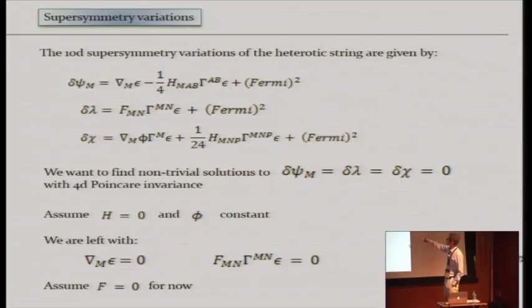And then if we look at all these equations, we already said Fermi fields vanish, H is 0, phi is constant, so this is all satisfied. Over here, we get delta lambda equals F_mn contracted with gamma^mn. Gamma^mn is just the antisymmetric combination of gamma^m and gamma^n, gamma matrices. Okay? So we want that to vanish. So that's this equation over here. And if we look at the first equation here, well, H vanishes, so we're only going to get this part here. So the covariant derivative of this spinor epsilon should vanish. Covariant derivative with respect to the Riemannian metric.